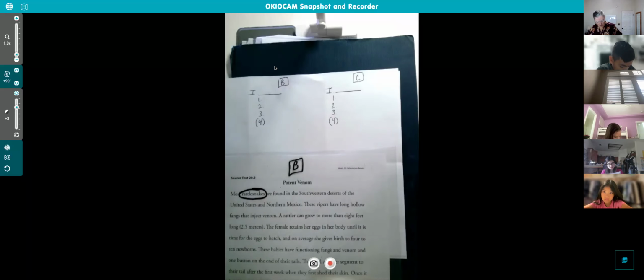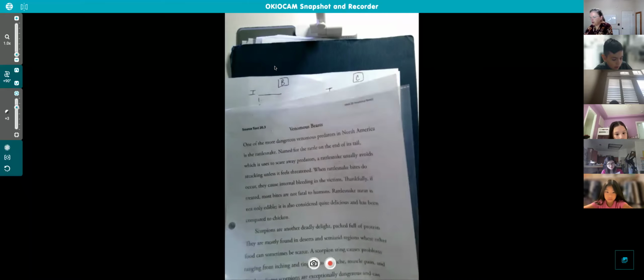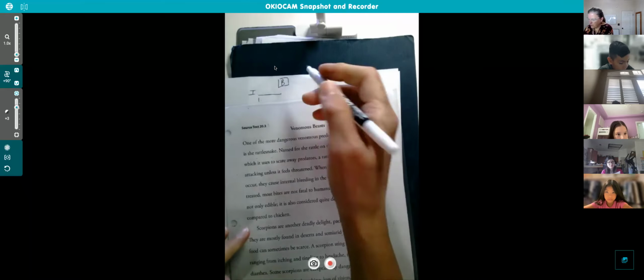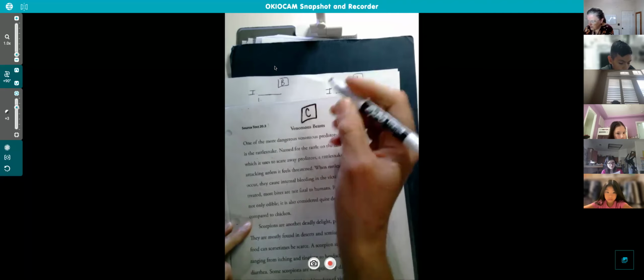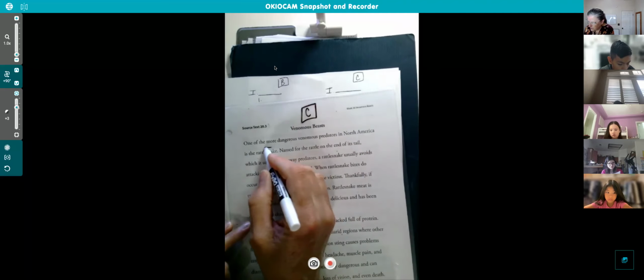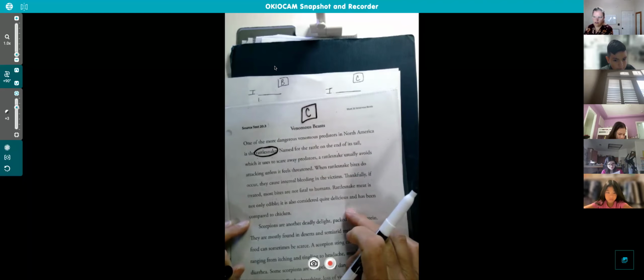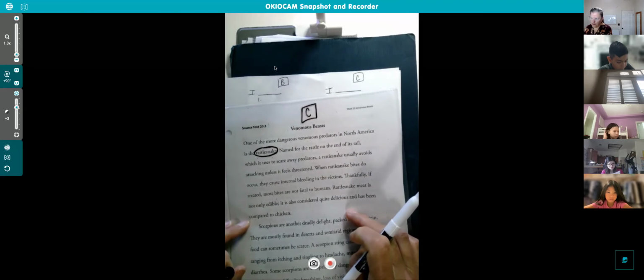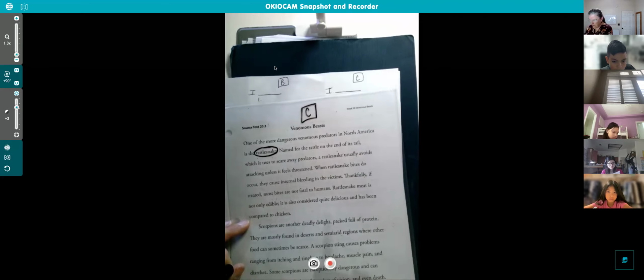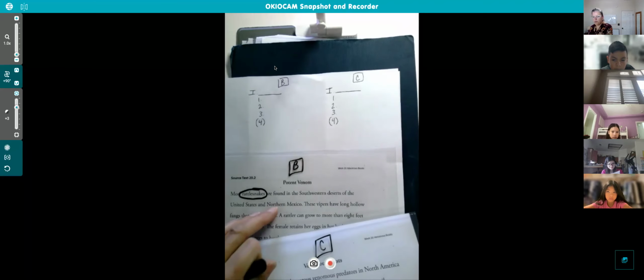Then you're going to find Article C and do the same thing. It's kind of cool because it is the first paragraph in Article C too. Remember, this is C, and we have rattlesnake circled here. It's a shorter paragraph. Now, when you're working on C, find different things than B. Don't put the same facts.